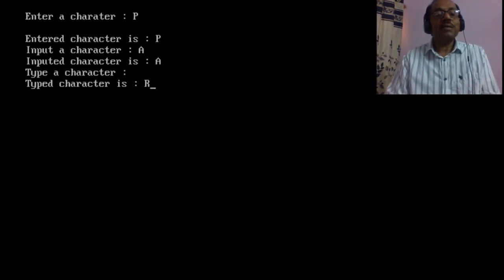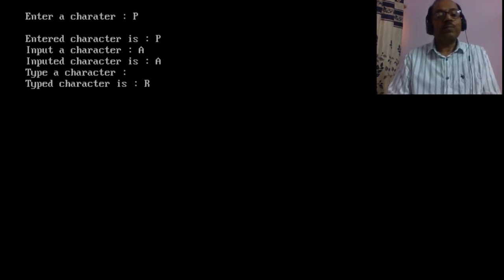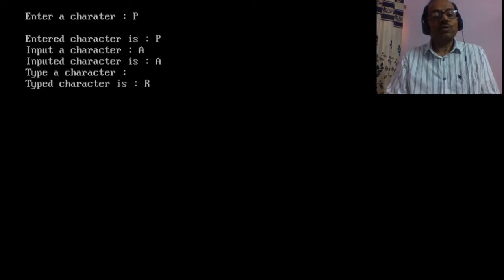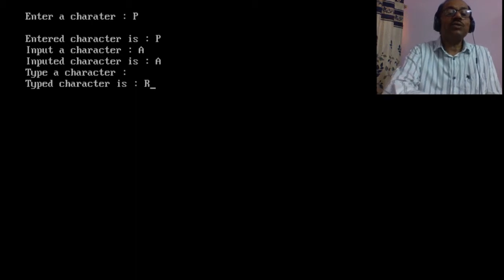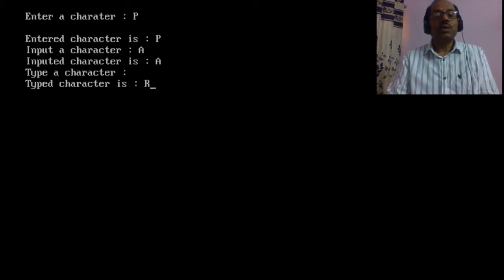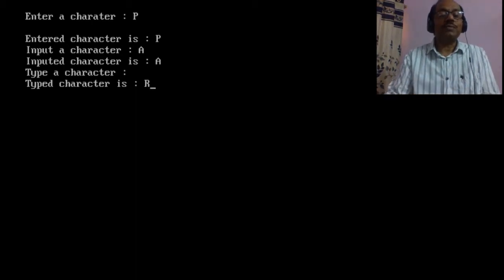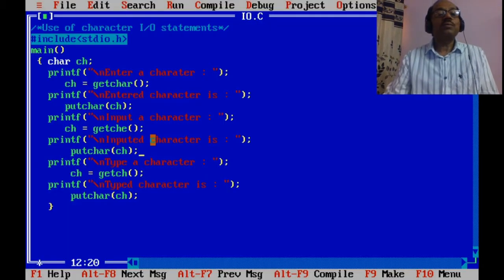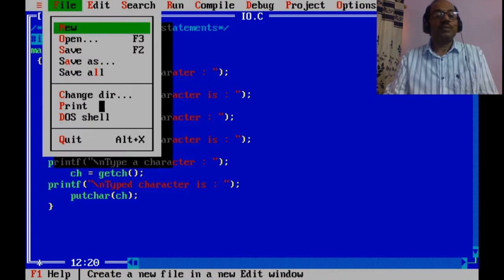In the second case, input a character, and the inputted character is A, that is also shown. But in the third case, where we had used getch, which is used to hide the input, that character is not showing here. So you may recognize the use and importance of these statements.